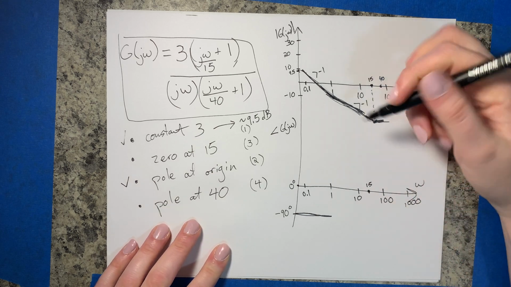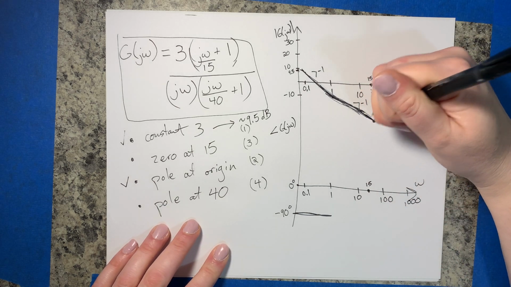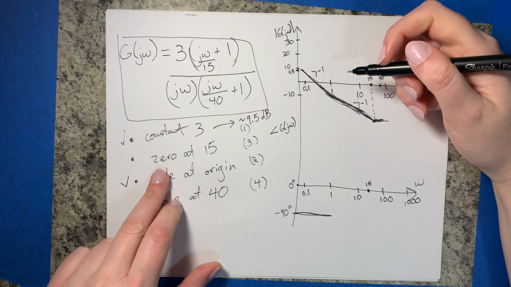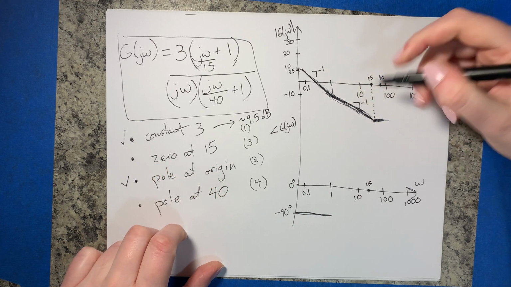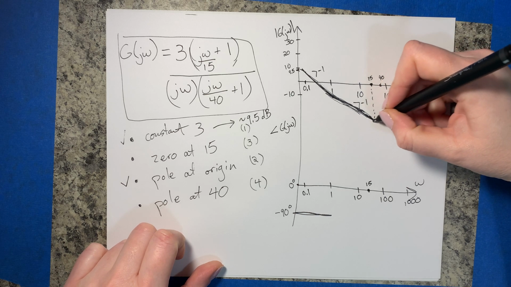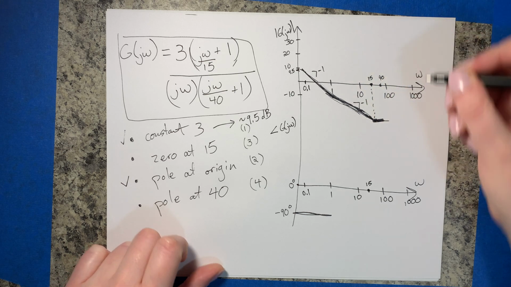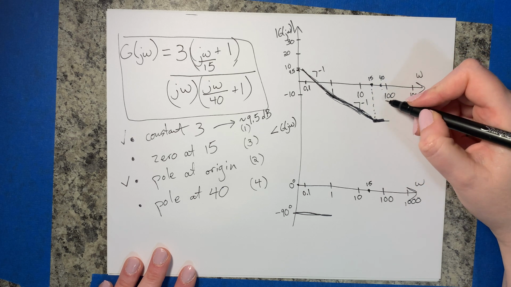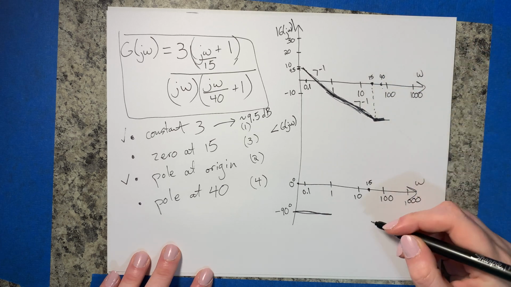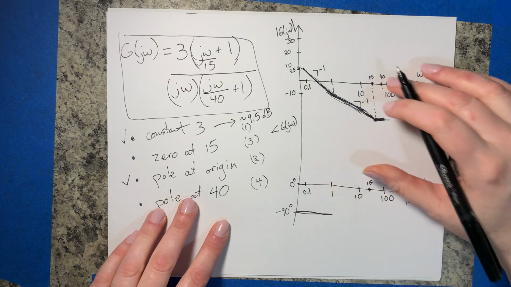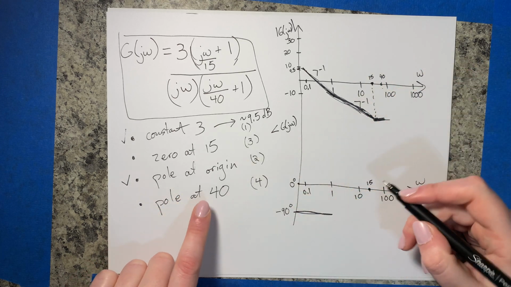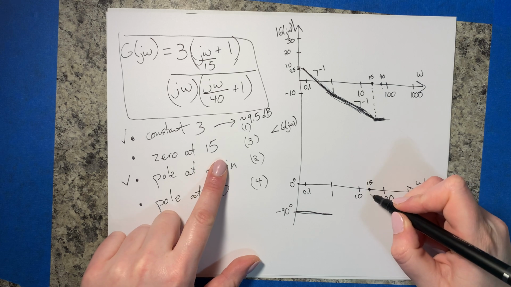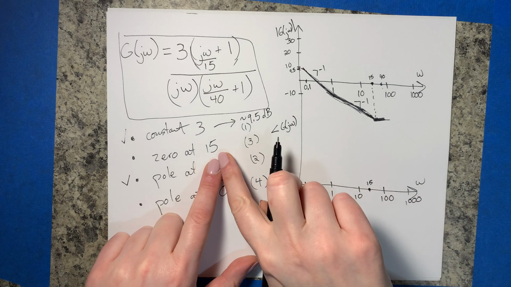Okay, so hopefully that makes sense, where we just canceled out the slopes. We had a pole and a 0, negative slope, positive slope, so that leaves us with a slope of 0, at least until our next critical frequency. Let's go ahead and fill out the phase plot part of the plot, and then we'll come up here and do our last pole. Okay, so the 0 at 15, that means that I have to have half of this